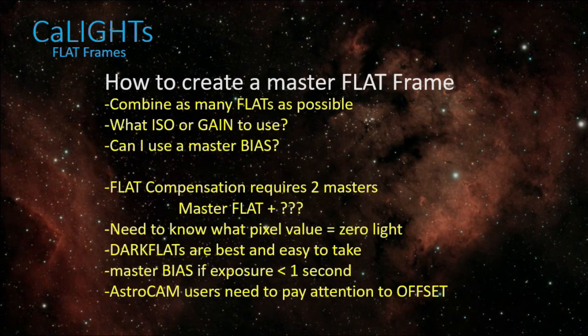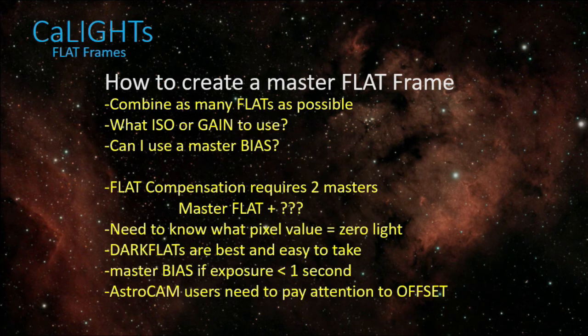The ideal master frame to be used as a 0 light reference for flat compensation is called a dark flat. Dark flats are simple to take. You simply put the lens cap on the camera or telescope so that there's no light able to reach the imaging sensor. You then take your dark flats using the same settings as your flat frames. Bias frames are taken using virtually the same approach. The big difference is that the exposure time for bias frames should be as short as